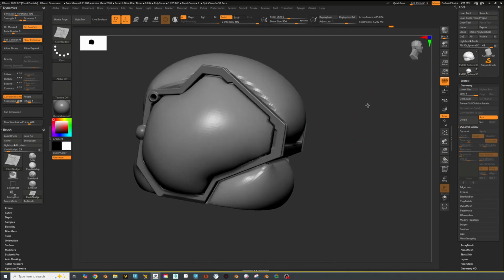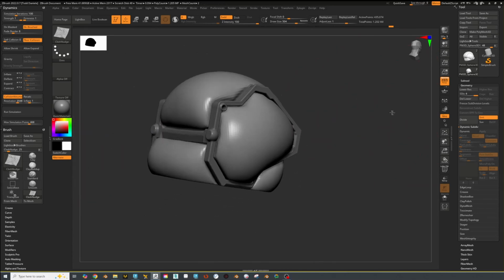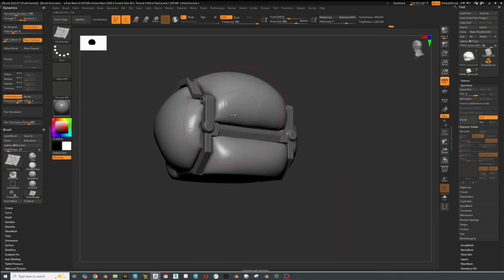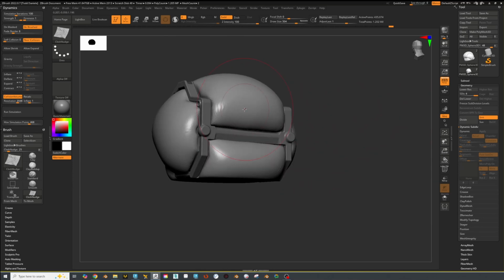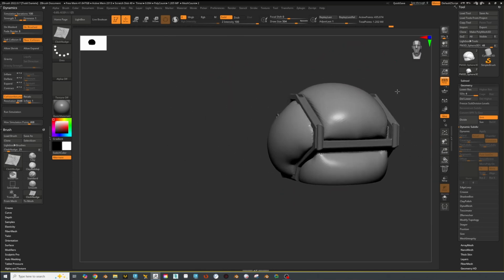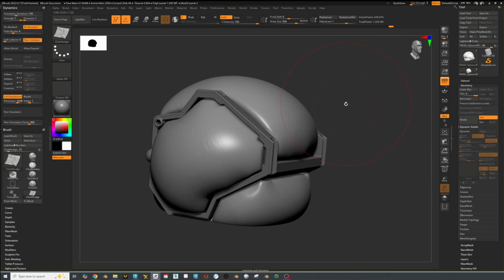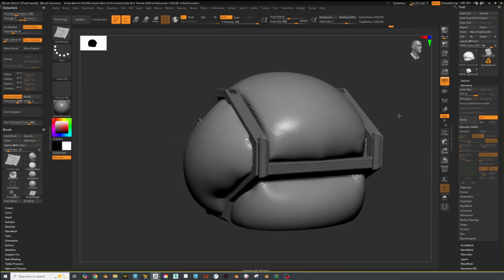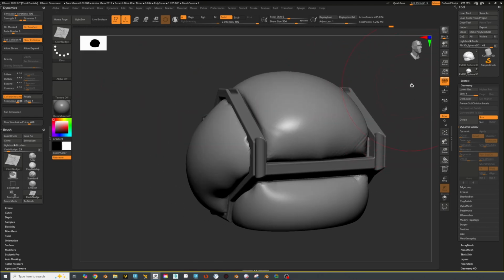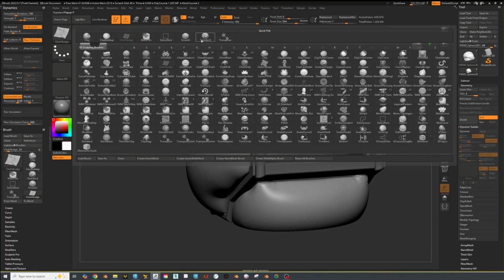Okay, I'm a little further along than I was when I stopped the video, and you can see I added in lots of little folds towards the corners, some sagging, things like that. And that's all done with the dynamic simulation. So that looks good. If you wanted to, you could certainly go in and grab a regular brush like standard